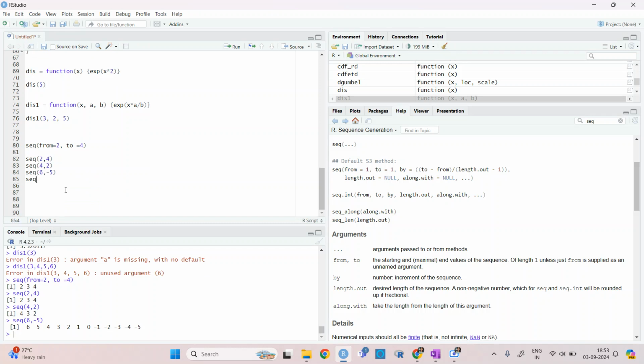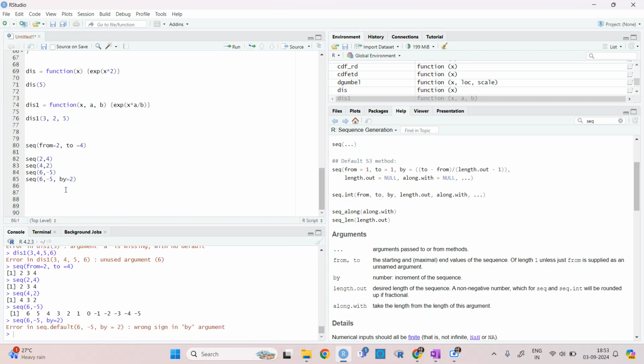If I give the same, but now I want the difference by 2, sorry, wrong sign in the argument.